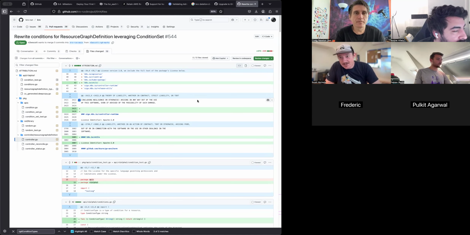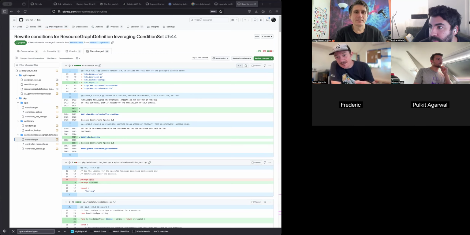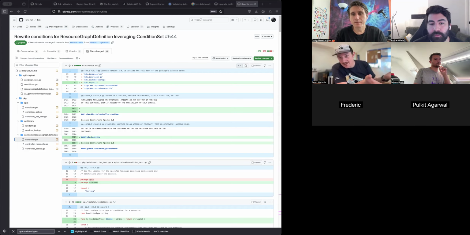My history is I'm the duck type guy, and the only way duck typing works is if there is an opinionated contract with conditions, or else you just don't know when things are ready or when you should act on them. So the thing that happens after this is that anything that can observe RGDs can restrict its reconciliation until its top level ready condition is observed, with generation matching the generation of the resource. And otherwise, it can just ignore updates.